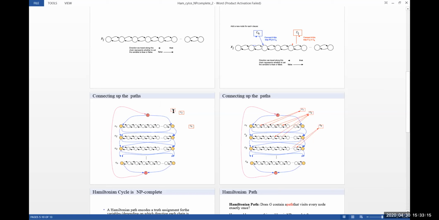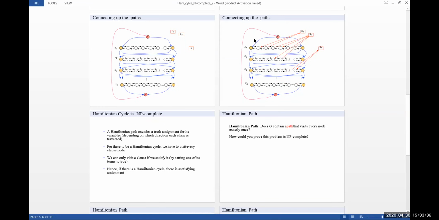Okay, and how the clauses have been represented is that each intermediate path over here will be represented in the form of clauses. So this is C1, and in the second stage this is C2, then the next is C3. So likewise at every level it has been represented as clauses, C1, C2, C3, like that. Okay, so this is a simple representation of how the Hamiltonian cycle has been represented as 3-SAT.